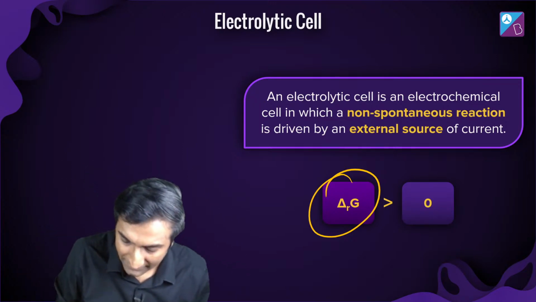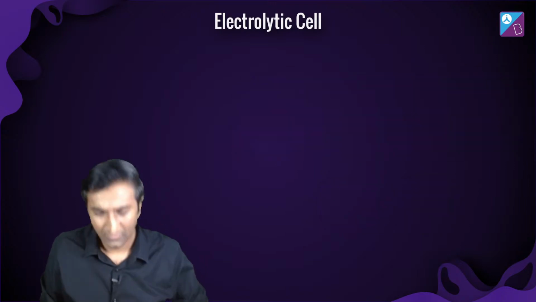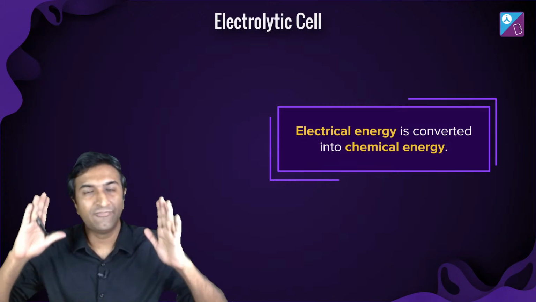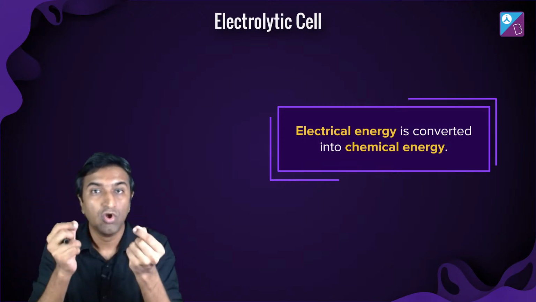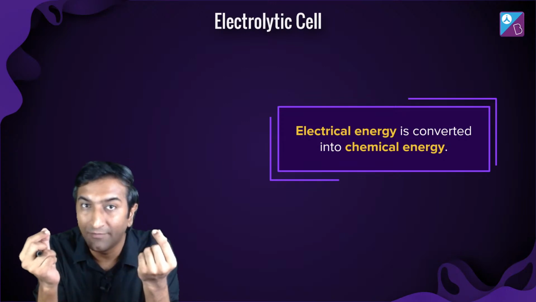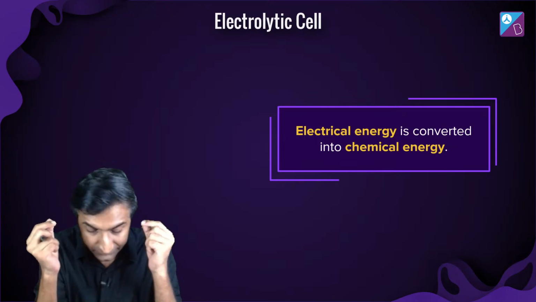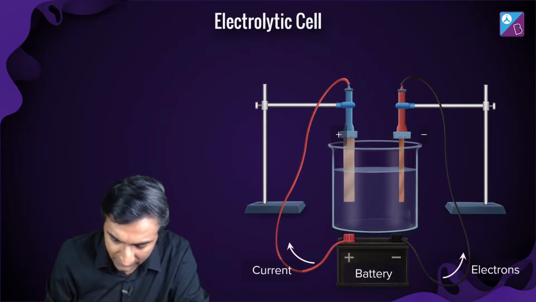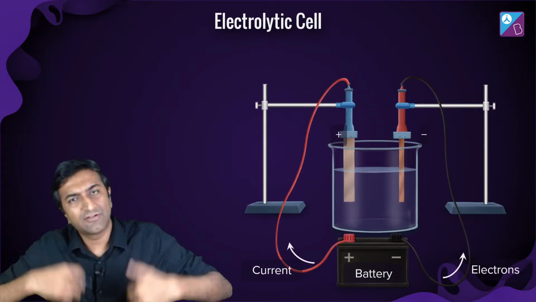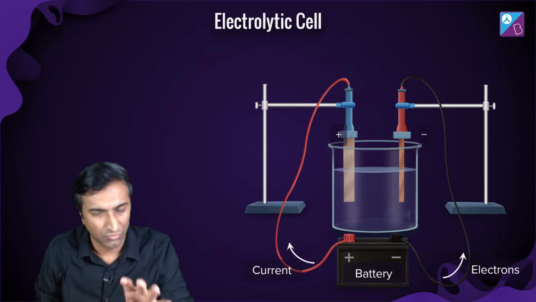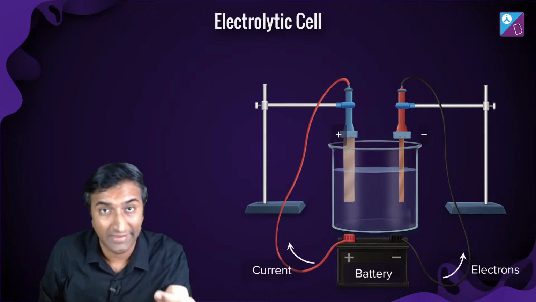How are you passing current? Through a battery. What is a battery? A battery is something that has a difference in potential between two of its, what do you call them, electrodes? Can I call them electrodes? Are you familiar with what electrodes are? Here electrical energy is converted into chemical energy, and here also it's the same thing: electrons are flowing in the outer circuit, inside ions will flow. We will go into detail in this, don't worry.